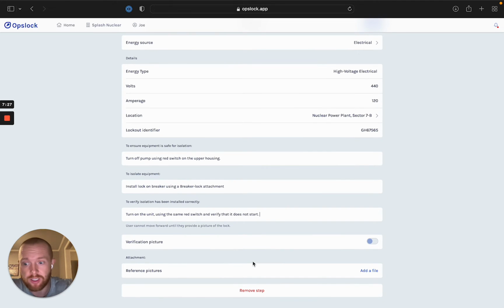Now, the last two things we're going to be asked are, do we require a verification picture? What this is going to ask is that when the employee is installing this lock, it's going to ask them to take a photo of the lock after it's installed. The reason that we ask for this is it does give us the ability to satisfy certain regulators that require visual verification that a lock has been installed. So essentially, the employee installs a lock, they take a photo, the supervisor or anyone who has the appropriate settings to get notified will get a notification, and they'll be able to visually see that the lock has been installed